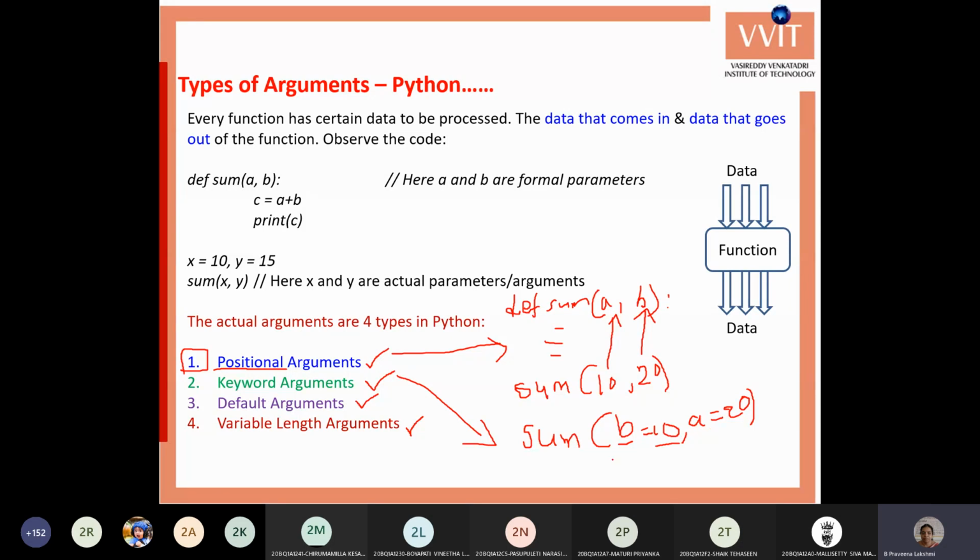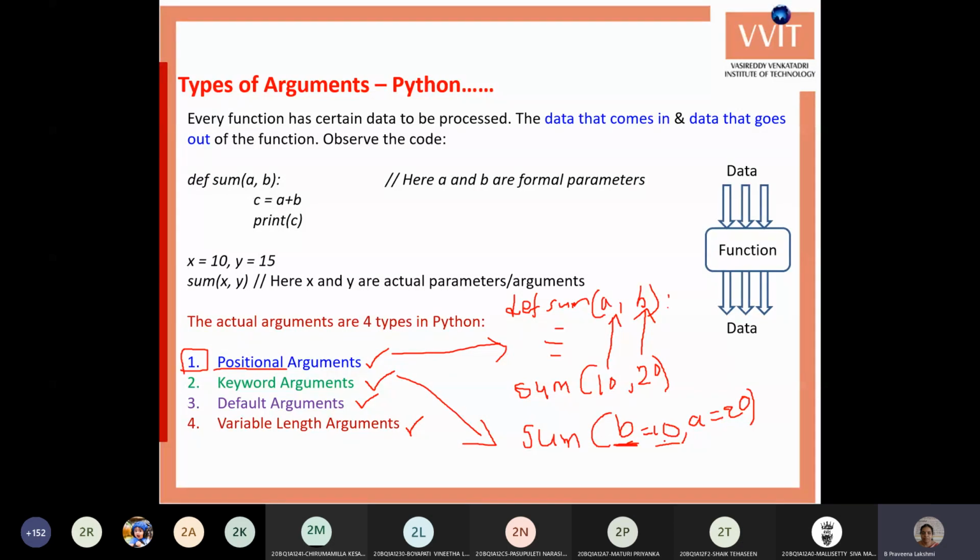Now it doesn't consider the position. It considers only the argument specified within the calling of the function. The first value is for the b variable, the second value is for the a variable. This is called keyword arguments. Here we can write in any order. If you have 4 arguments in the function, you can write those variables in any order for keyword arguments.